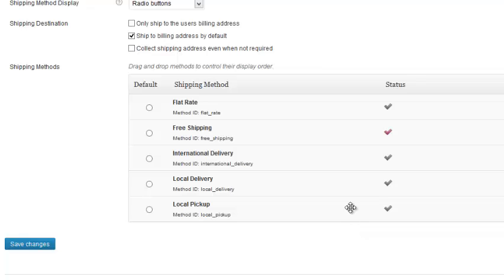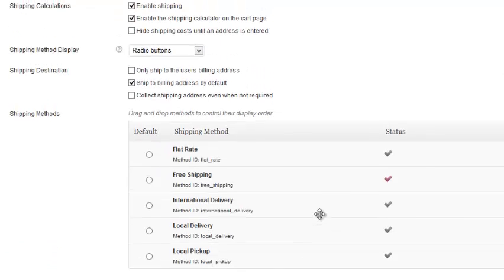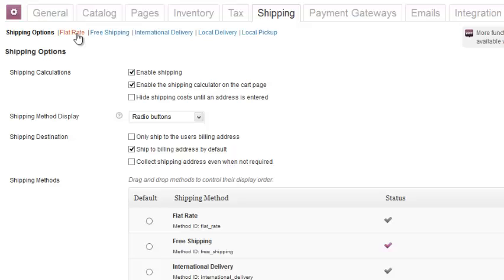And to enable or adjust any of these shipping options, you actually don't do it on this page. You have to scroll up here and you'll see several options right here. Again, it's very easy to miss. So for example, my free shipping is enabled, right? So I'm going to go here to my free shipping tab and see how I have it set up.